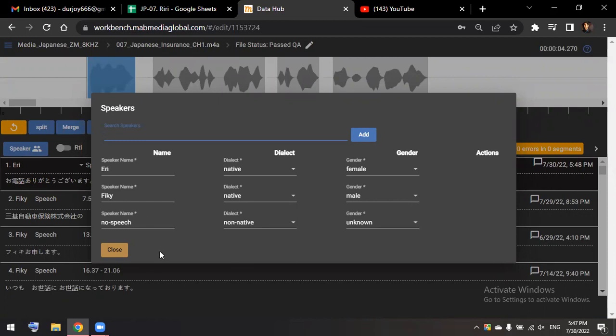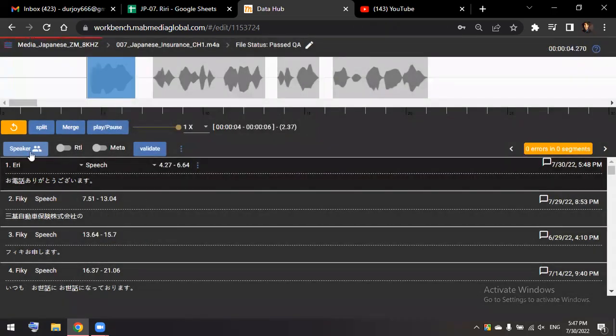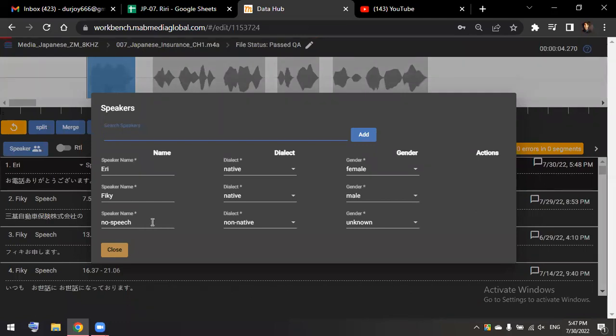But there is one speaker common to every audio, because we are using it only for the noise. For that, go here and write it as no dash speech. Okay, no speech: no is not capital, each and every letter is small.